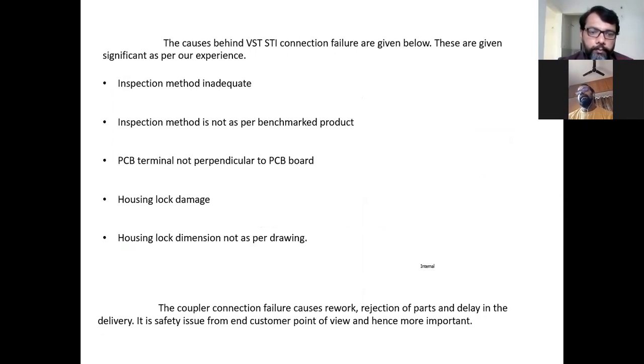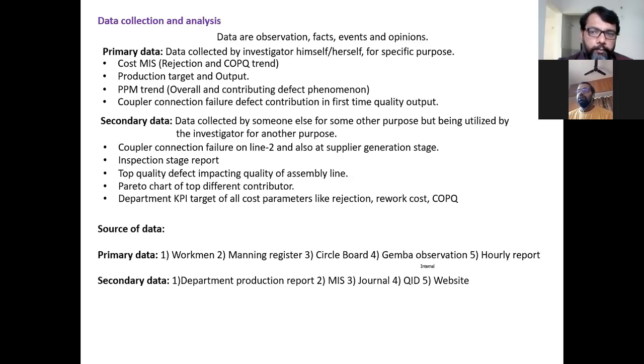So here we did some data collection methods, which were basically primary and secondary, which I learned from the total quality management study. The primary data are those collected by the investigator. So if I am the investigator studying this project and I collect data directly, that comes under primary data, which are the cost of MIS rejection and the poor quality cost, and